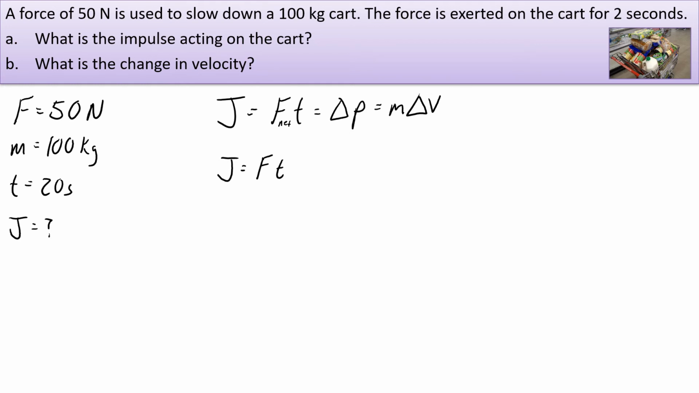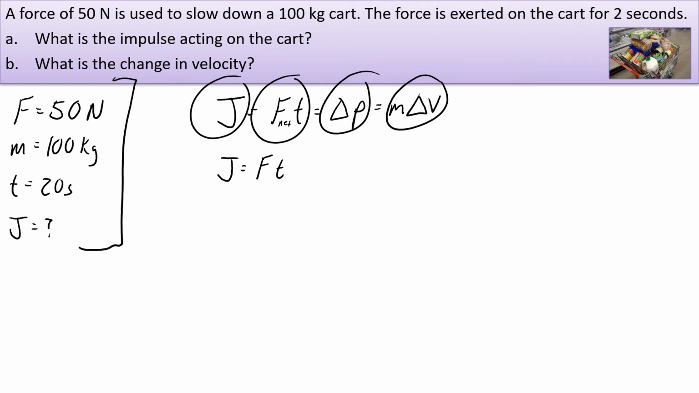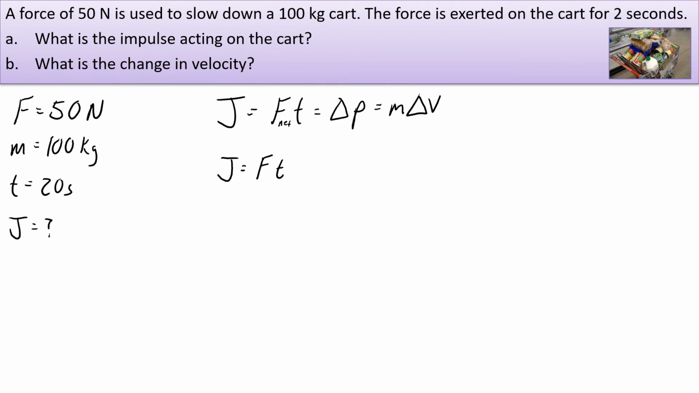So that's what you do. You look at your reference table, you write down the given information, and you pick out which of these, I need 2 of them to make an equation. Just pick out the 2 that you need for each scenario. Each scenario is going to be different. So then it's just a matter of multiplying 50 times 20. So the impulse is equal to